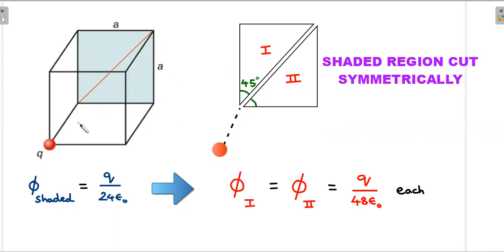You could see that only this charge, this distance a from that shaded region, has been reported in this particular picture. And because of the symmetry of these two areas 1 and 2, right isosceles areas, you could say this q by 24 that I got would be further divided equally into q by 48 epsilon naught each for each of these surfaces. Okay, this would be one of the surfaces that the JEE has shaded in the original question. So I hope you got this idea.